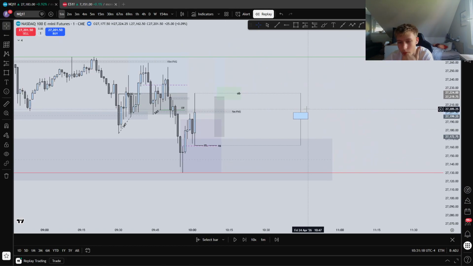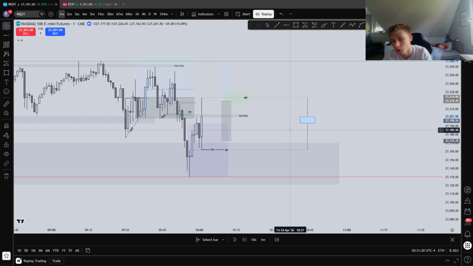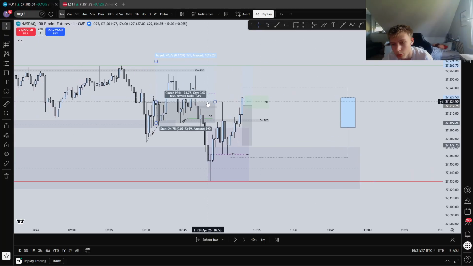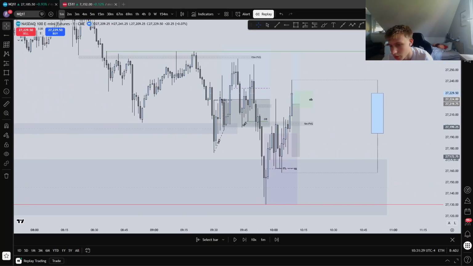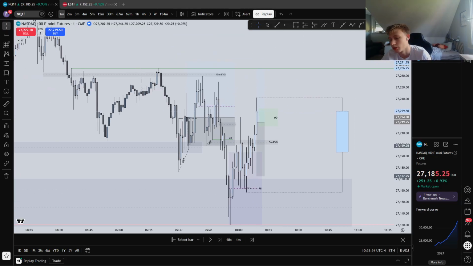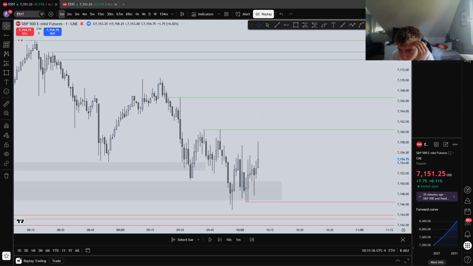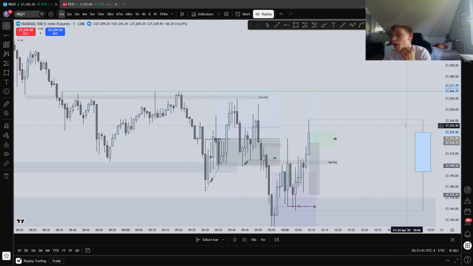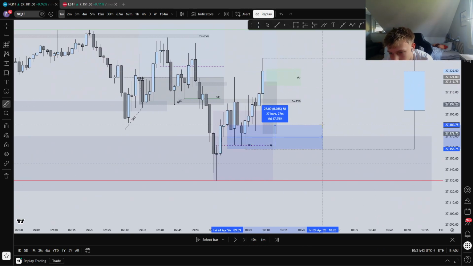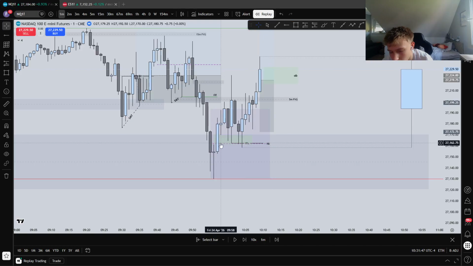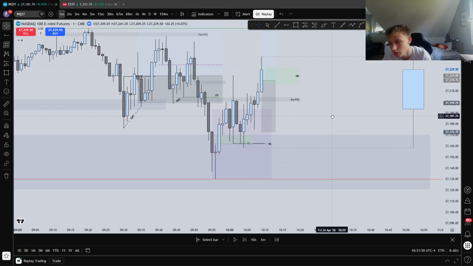But yeah, we hit that rejection block and mitigated, had a 5-minute fair value gap that we closed above right here, sweeping this internal high. The conviction I had into this triple equal highs plus all-time highs conditions was just too good. I don't know if we had SMT. No, we didn't have SMT. Plus we had a protected low right here, because we swept this low sitting inside of this fair value gap, making this low a protected low.